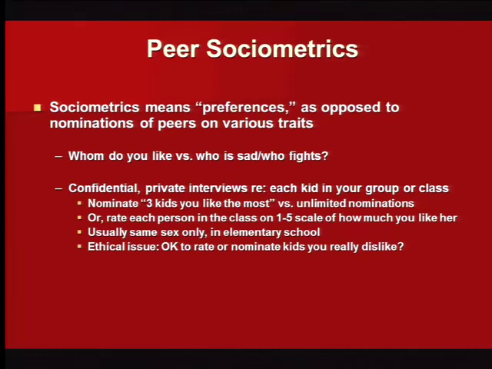And now it's a little more, okay, here's the roster of kids in your class. Who are the 3 kids you really dig and like the most? 3 kids you'd most like to be friends with. Kid nominates 3. Who are now the 3 kids you really don't want to be friends with? 3 kids you like the least. Now that's a sociometric because the kid is saying, I really want her to be my friend. I really don't want her to be my friend.